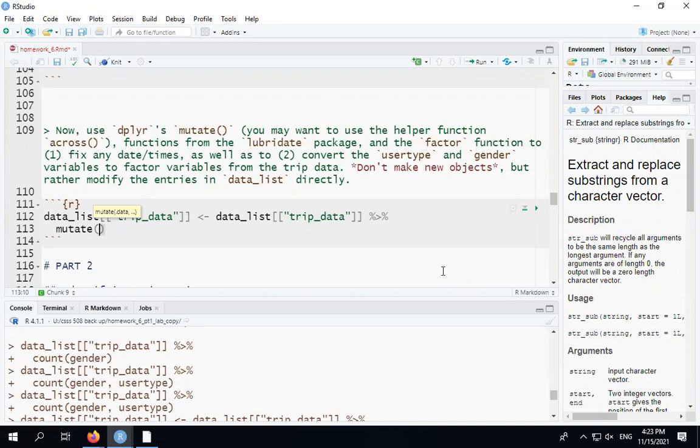So across lets us select multiple columns and then do the same thing to all of them. We're going to say across, and we can give it a vector. So our start time column and a stop time column that are both available in our trip data. We'll say comma, and we'll also